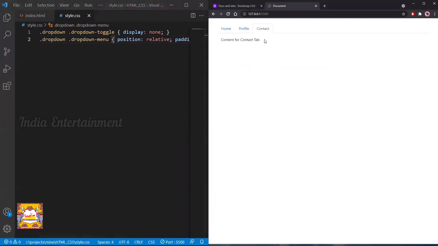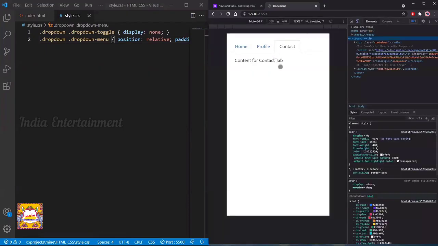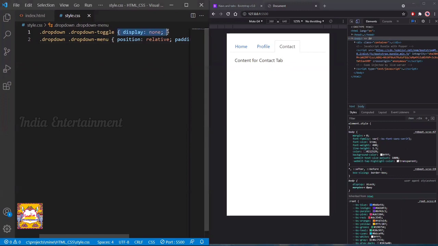So if you go to a mobile version, you can see that the button is hidden because we added the display none here, but we want that button here in mobile.